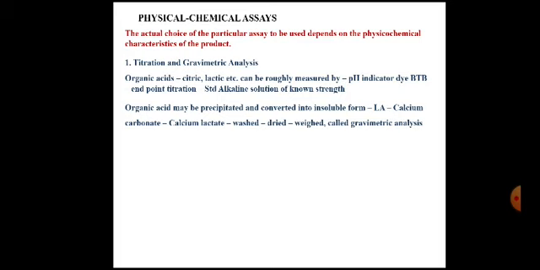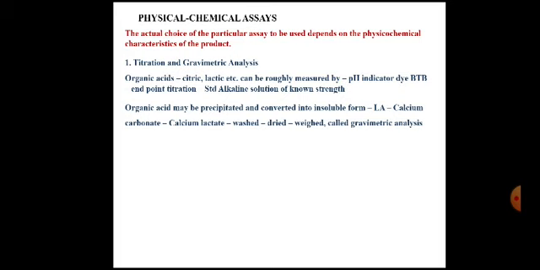Their quantity can be roughly measured by a pH indicator dye, for example, addition of bromothymol blue in the given preparation, and then the endpoint titration is performed with the help of standard alkaline solution of known strength. So this is a general titration that gives us the idea about total titratable acidity of organic acids